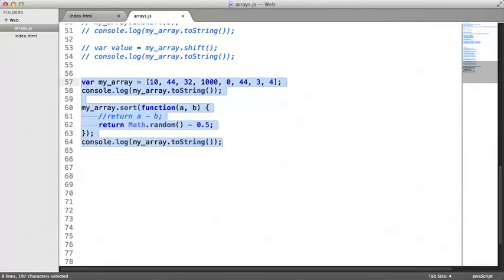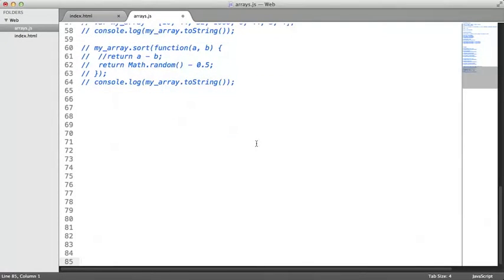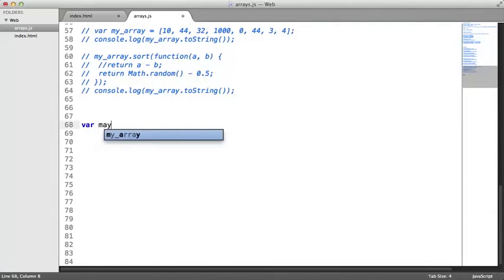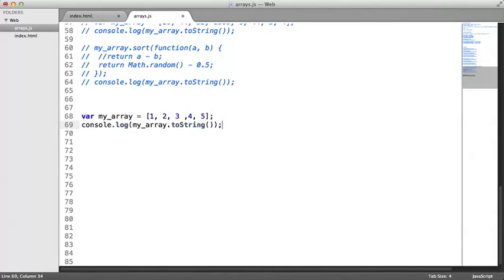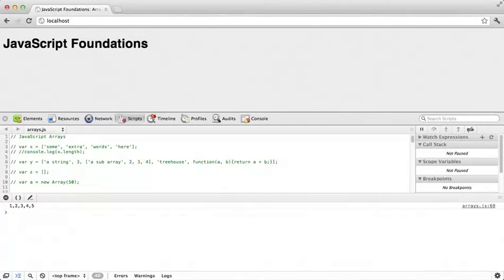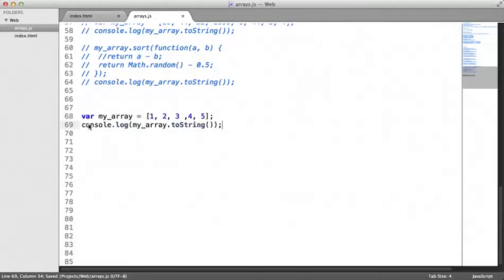Finally, let's take a look at one more method that is called reverse. So we'll say var myArray equals, we'll just make it simple, 1, 2, 3, 4, 5. And we'll do a console.log of its value. And we can see it's 1, 2, 3, 4, 5. And then if we call myArray.reverse,